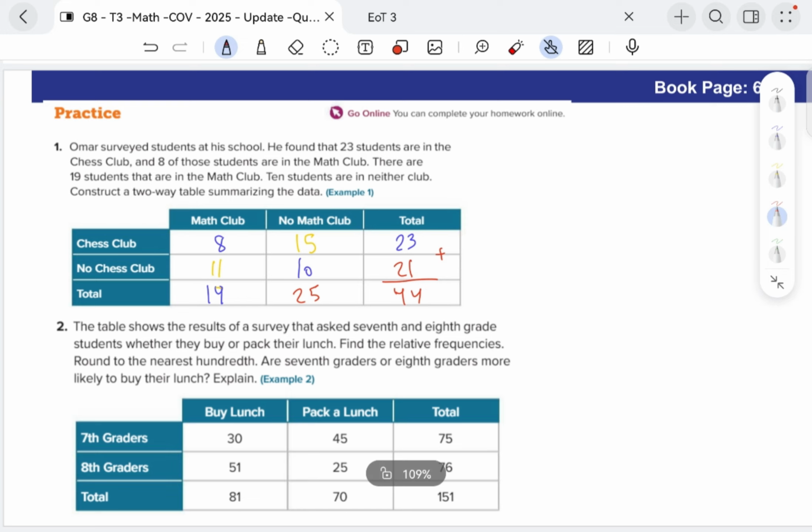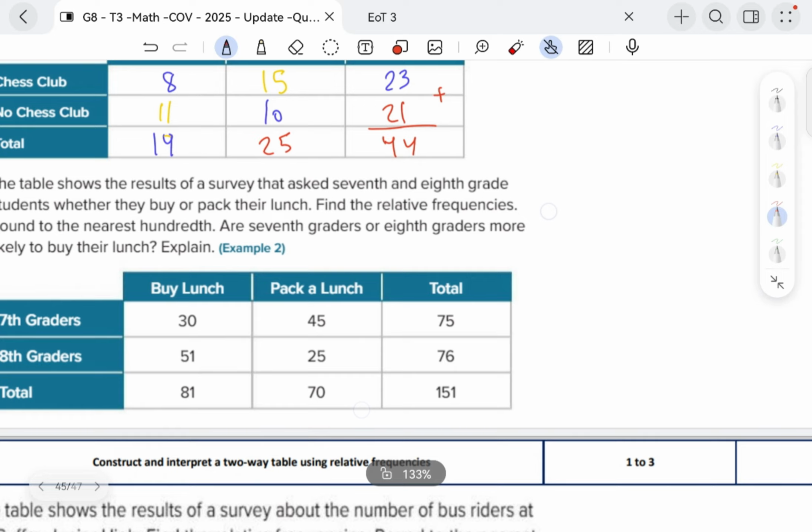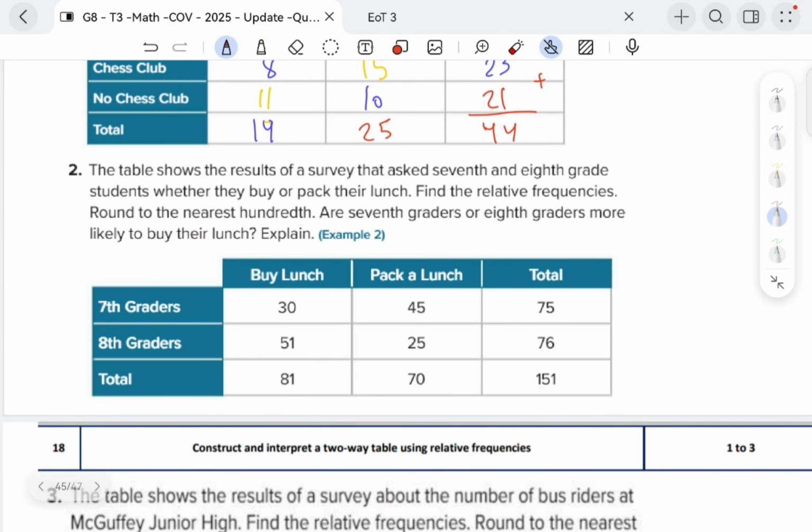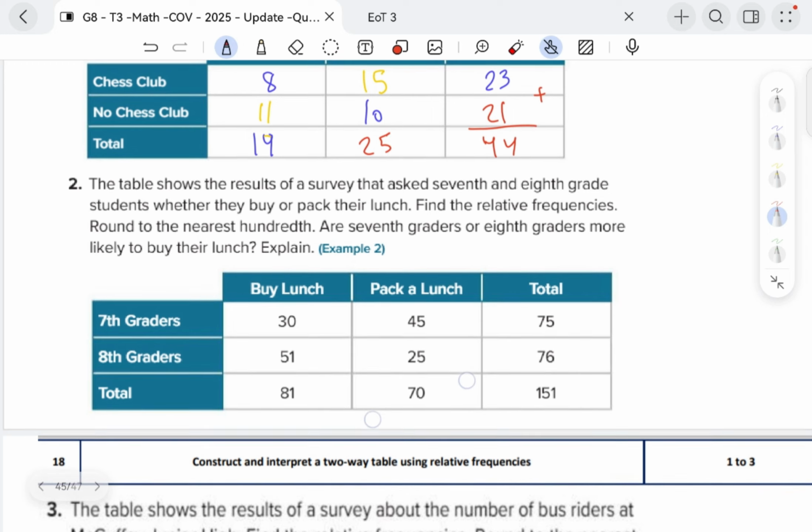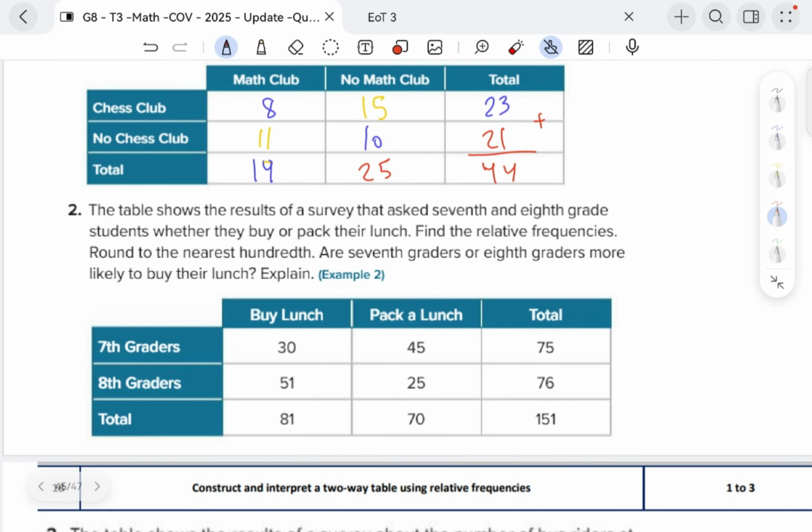For the second question, it says that the table shows the result of a survey that asked 7th and 8th grade students whether they buy or pack their lunches. Find the relative frequencies. Round to the nearest hundredth. Are 7th graders or 8th graders more likely to buy their lunches? Explain. So we need to find the rate of students from the 7th graders and from the 8th graders that